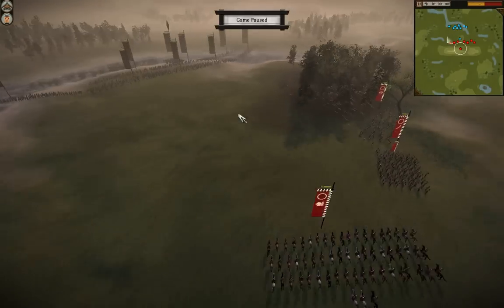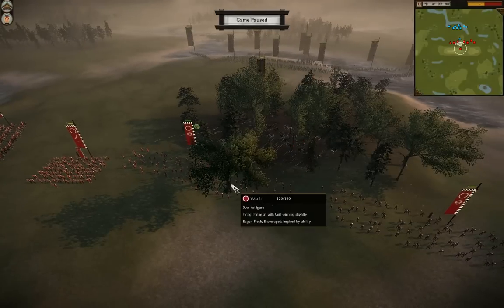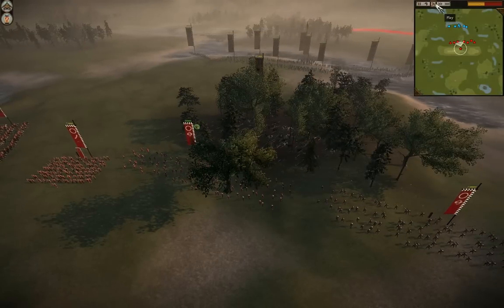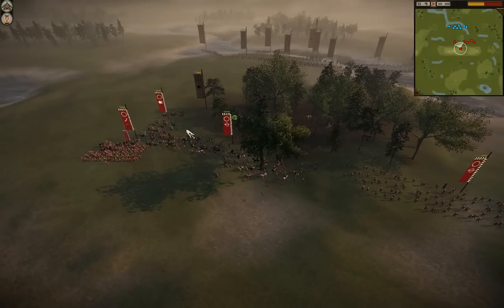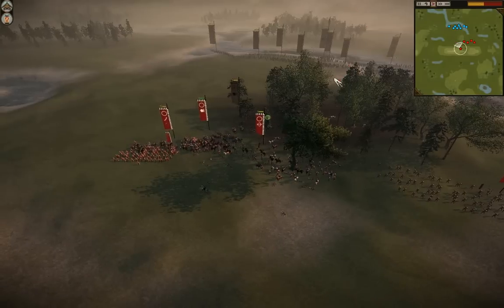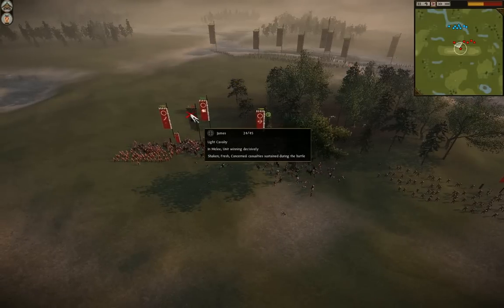But I guess we should talk about this. Pretty aggressive move, sending the light cavalry right at the bows. That's kind of what you want to do to scare off the skirmishers. Unfortunately, it was in the trees, and he's able to quickly respond. And I'm not sure I could condone that action. As aggressive as I am, sending your only cavalry unit